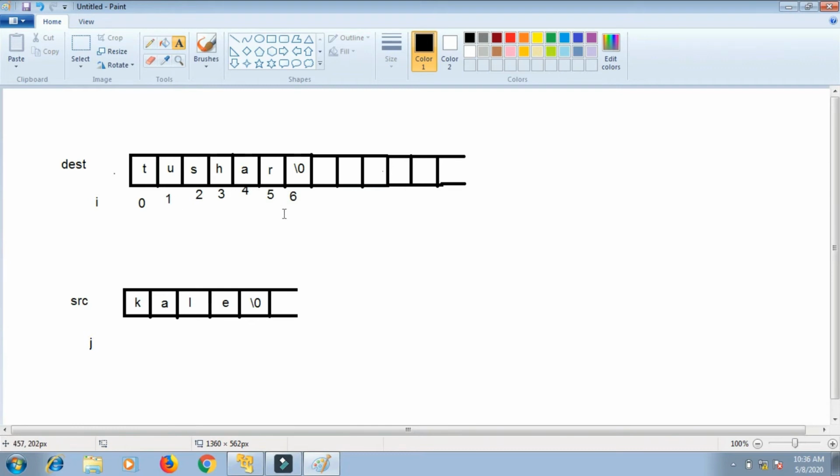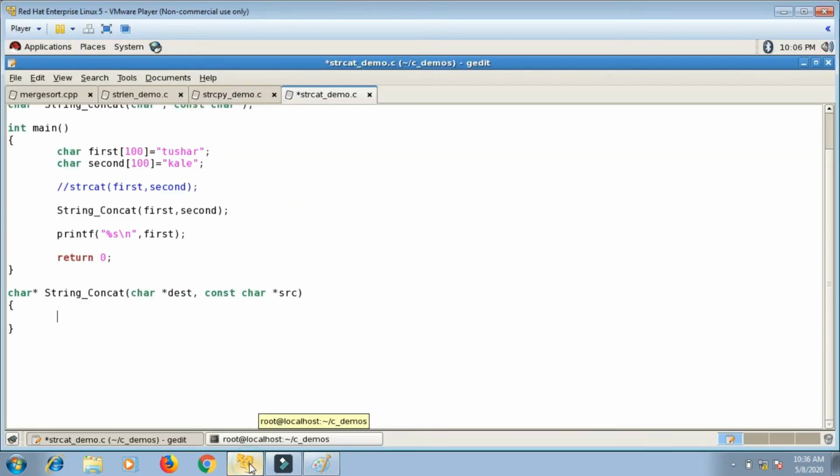So for that, one while loop will be there. Let me write that while loop or for loop, anything. Suppose I declare two counter variables, one is i, the other is j. Then here I will say for i equals 0, I will initialize i to 0. Now I will go till the end of the destination string. That means I am supposed to increment the i variable, so i++ should happen till I get the null character in the destination string. So here it will be dst[i] not equals to \0.